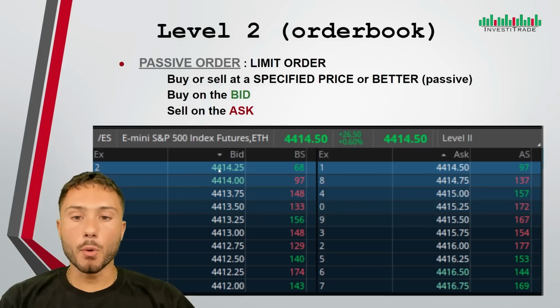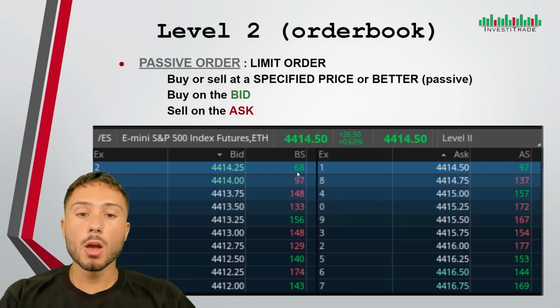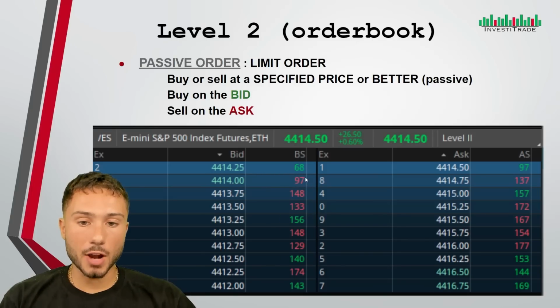For example, at 4414.25, which is called the inside bid because it's the current closest bid to price, someone or multiple people are bidding to buy 68 contracts or lots in this example at 4414.25. 97 people are looking to bid or buy. Again, this is the order book, which can be seen on the level 2, which are all passive orders, aka limit orders. Someone's looking to buy 97 contracts at